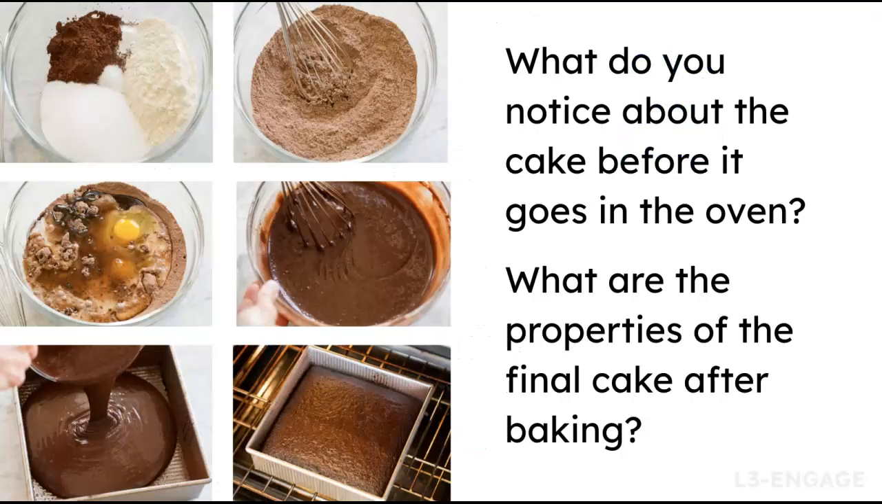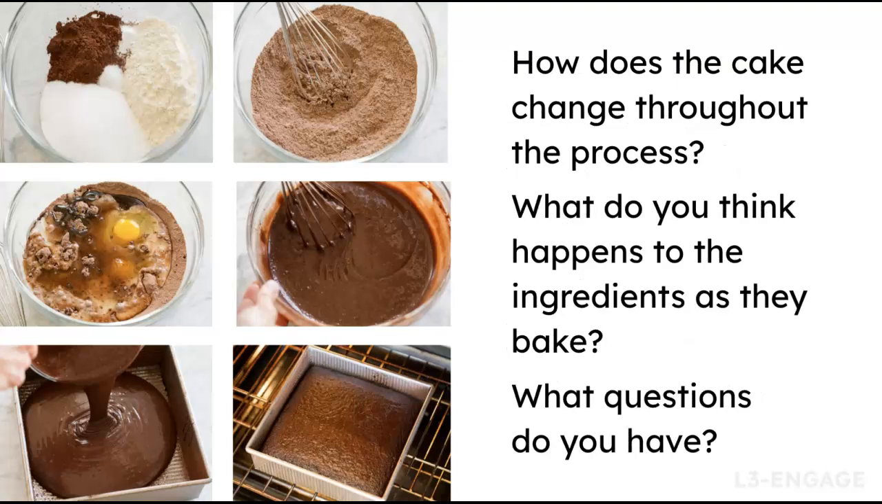To begin the engage portion of the lesson, you'll remind students of the anchoring phenomenon and their goal of using matter to create a meal for a community picnic. You'll show students the steps of baking a cake from the Lesson 1 Engage. You'll ask students what they notice about the cake before it goes in the oven and about the properties of the cake after baking. You'll ask students how the cake and its ingredients change throughout the baking process and what